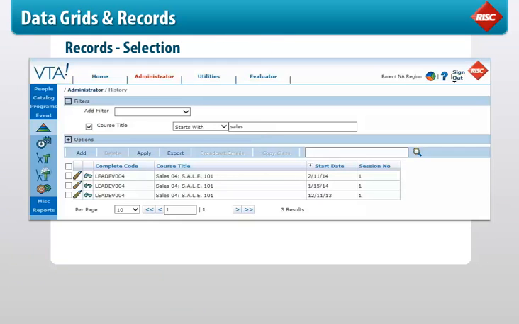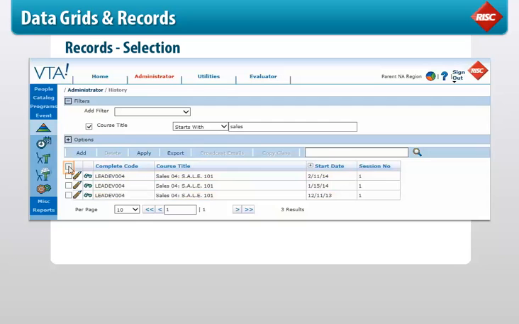Each record on a grid will have a checkbox for selection. You can select, or deselect, one or more records by clicking the checkbox with your mouse, or, if you prefer using hotkeys, by pressing your keyboard spacebar while the page is focused on the record's checkbox. You can select, or deselect, all visible records in the grid, using the Select All checkbox in the top left